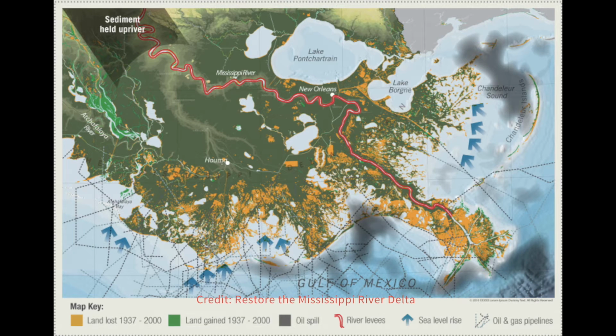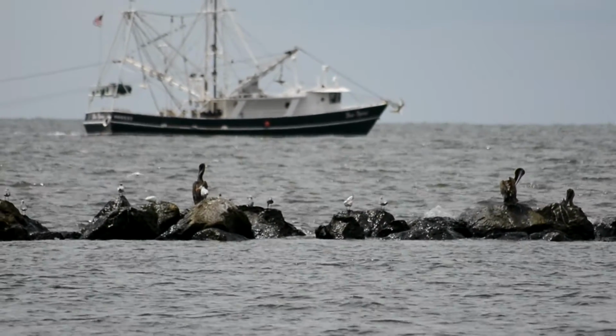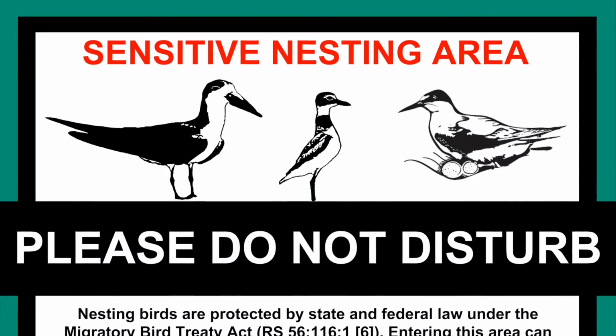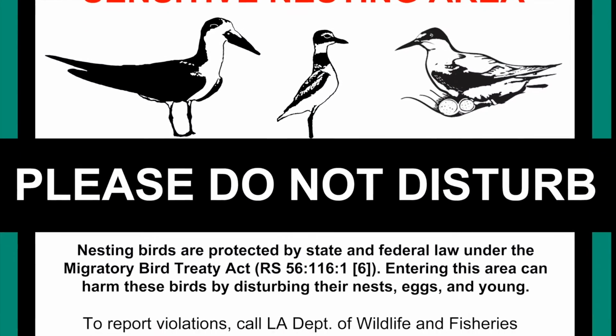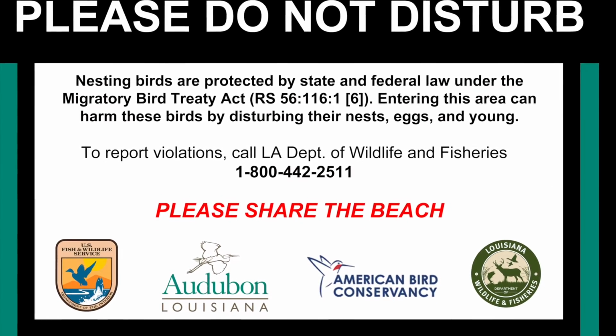Over the last 80 years, 1,800 square miles of coastal forest, marsh, and beach have been converted to open water. Although they are not on the endangered species list, these birds are among the fastest group of declining birds in North America. Today we are at Grand Isle State Park Beach, where Audubon, Louisiana offers a half-mile guided beach bird